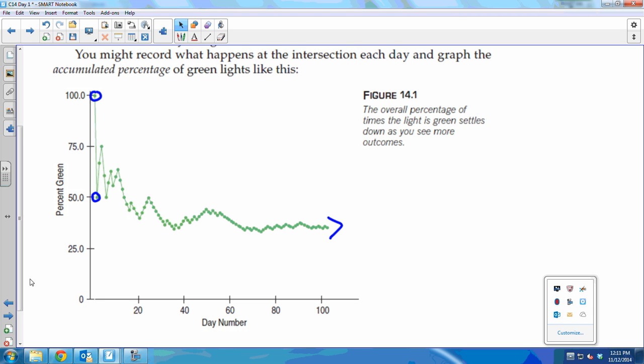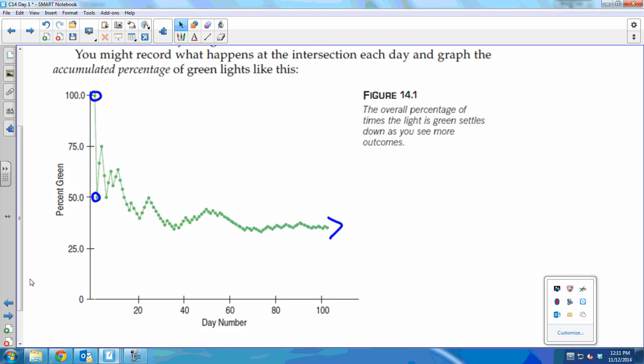You know how we say there is a 50% chance of heads and tails? Well, if you didn't know that probability and you were trying to figure that out, you would flip a coin a bunch of times. The first time you flip it, you're trying to get percent heads, let's say, and you get a head. That's 100% of the time it's heads. But then over time, when you keep flipping it, you realize it's getting closer and closer to 50% of the time that it's heads.